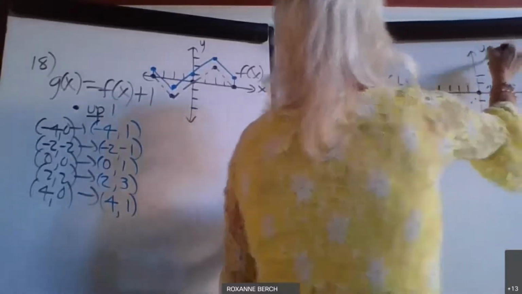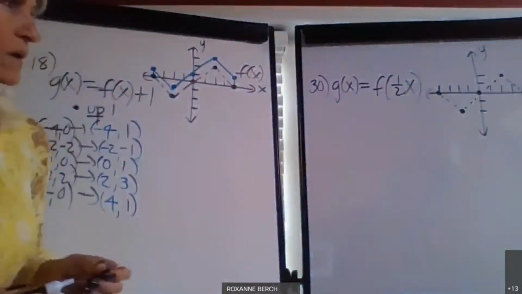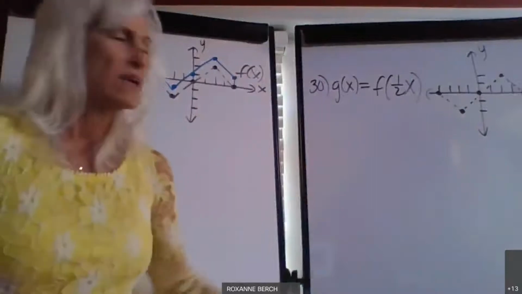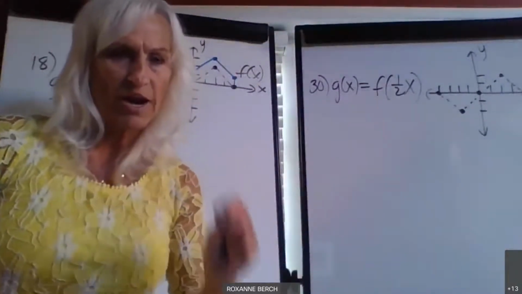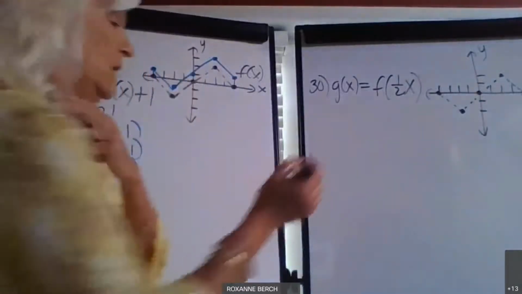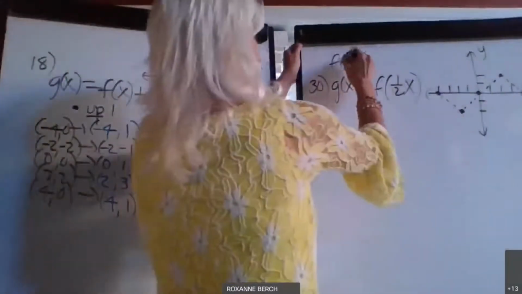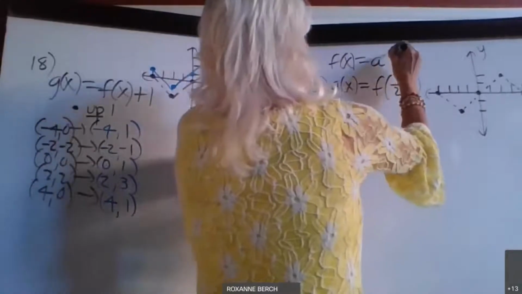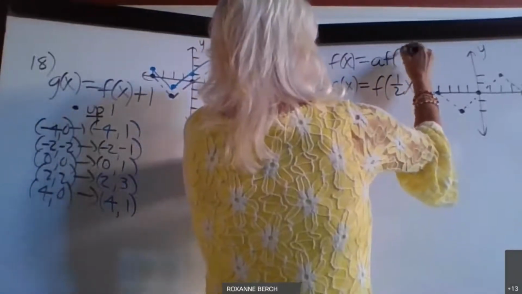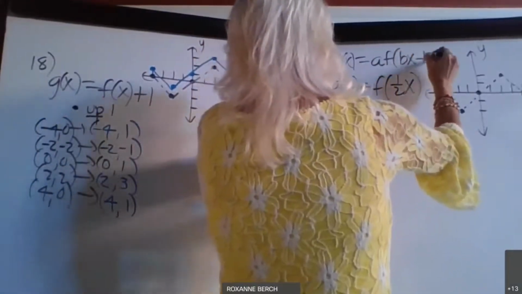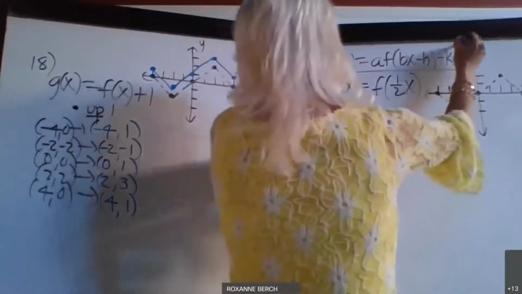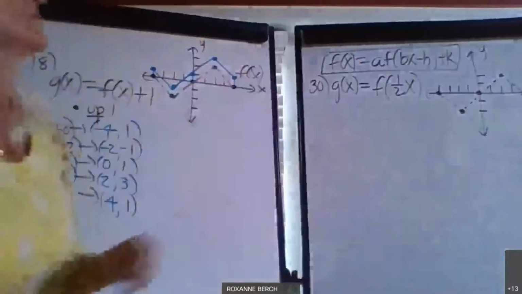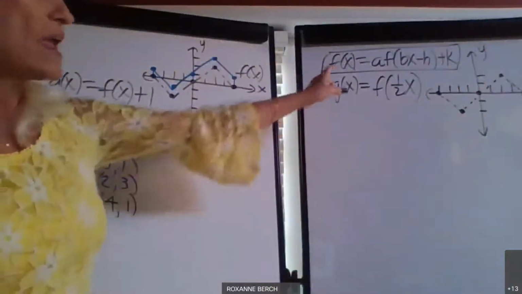He's dotted because he's not really there. Okay, now just tell me this. Is that number A, B, H, or K? Because that's what I need you to know. I need you to know what A, B, H, and K do to a function. So there's your A, B, H, and K.